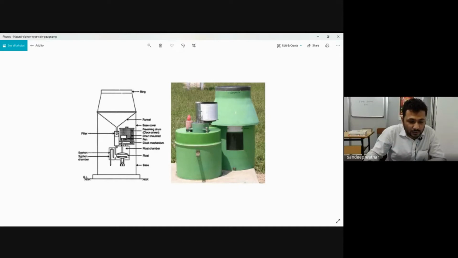So as you can see, this is the float. This is the opening from which the water will be collected, and that water comes to this funnel, and then this funnel will discharge water into this small opening in this chamber, and this chamber will dispose water in this tank. Okay, so earlier this float will be at the bottom. As the water level rises here, the float will also rise to some point.